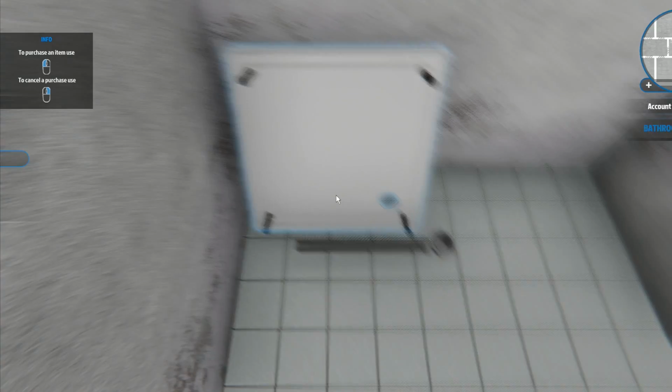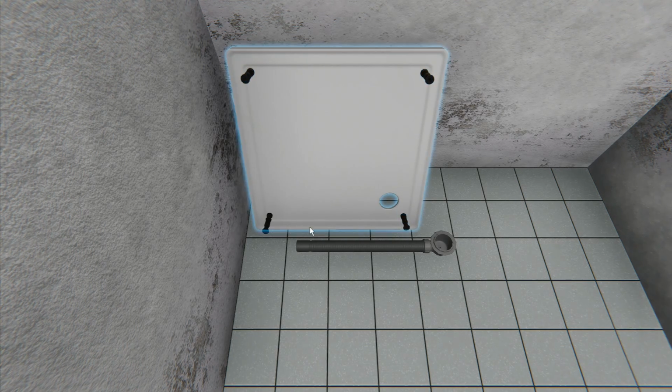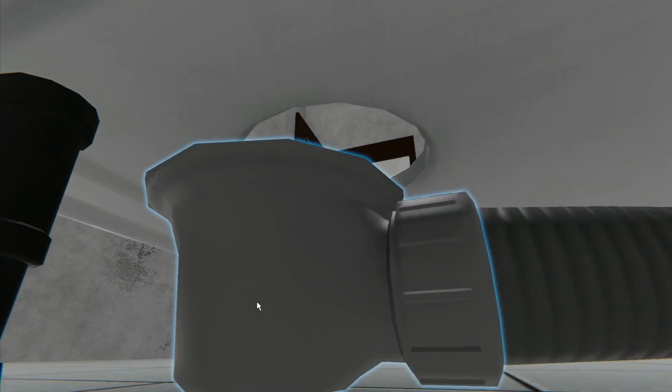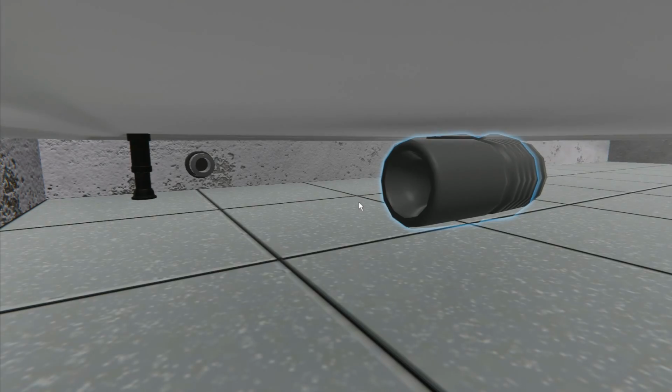We'll put that one down. Right. Can I remember how to assemble a shower? Nope. Apparently I can't. We've got to put those on first. Like that. There. Then I can put that one down. And then we go this one onto there. We put that one in, and that one in, and that one in there, and then that...